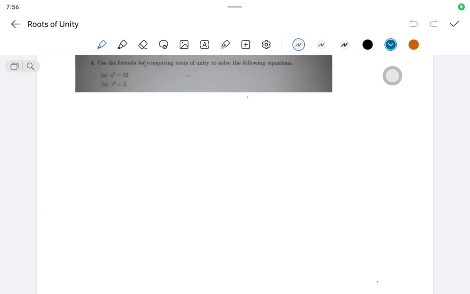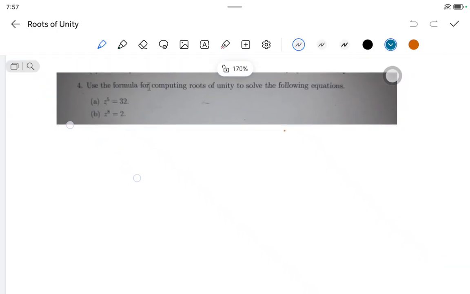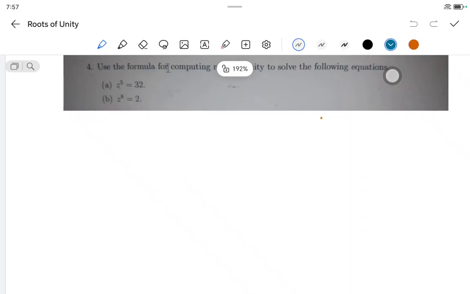Okay, yeah. On this question, they say we should use the formula for computing roots of unity to solve the following equations. So the first thing that we need to know is the formula for computing the roots of unity. Actually, let me first write the formula. The formula is like this, where we have